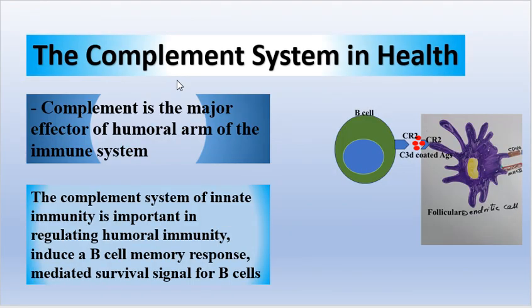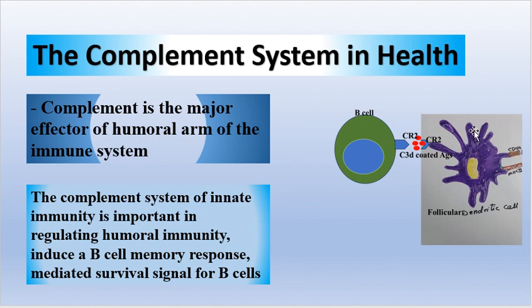So, as you know, the humoral branch is very important for body health by producing high affinity antibodies that have the capacity to eliminate microbes by several mechanisms. So the complement system, as can be seen here, this is a B cell. Sorry, they express complement receptor number 2. It binds to antigens coated with C3d, and also